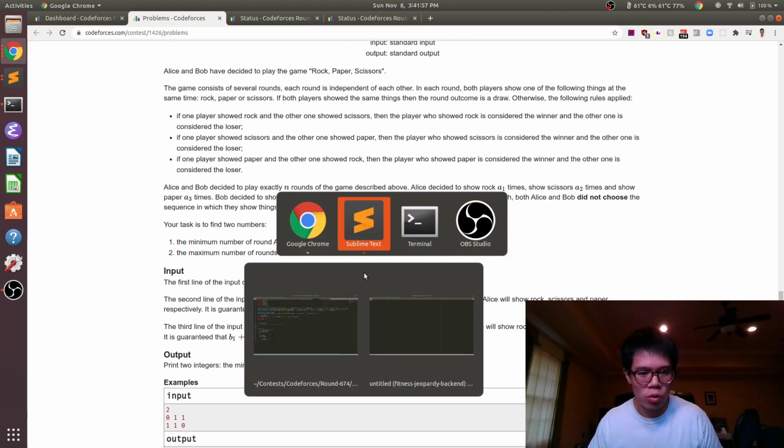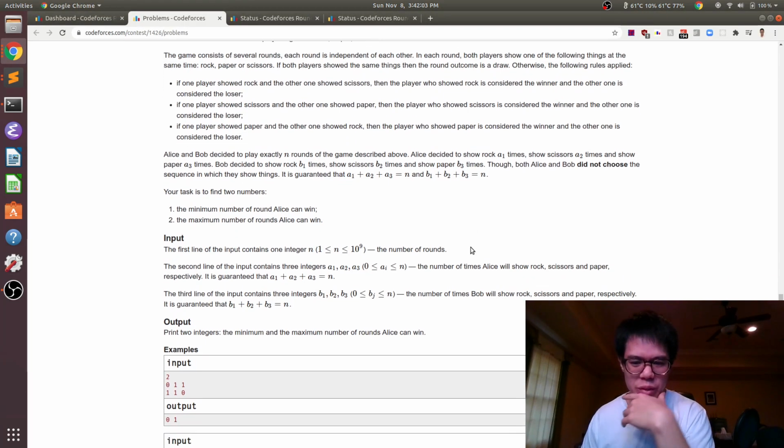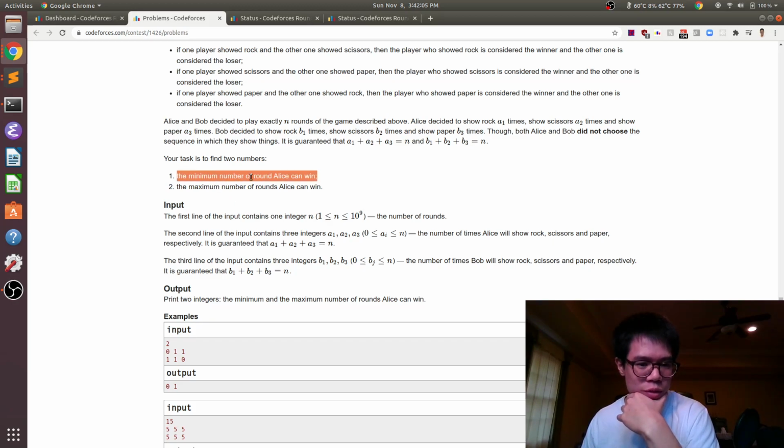Okay, so if we're thinking about this, let's think about minimum first. Basically, we want to minimize having Alice with rock and Bob with scissors, Alice with scissors and Bob with paper, and Alice with paper and Bob with rock, right?